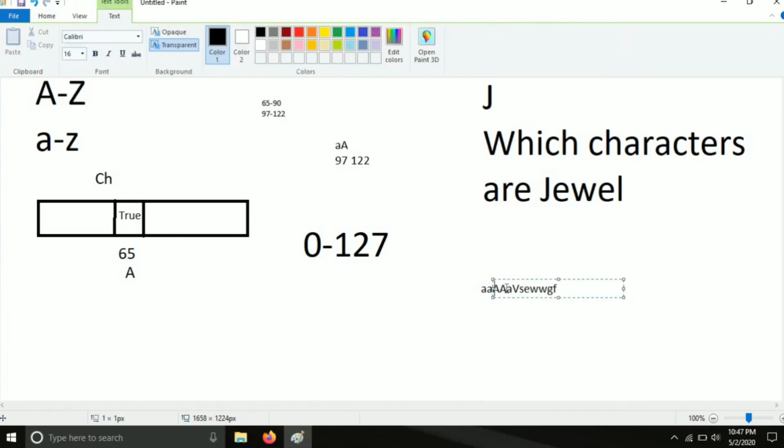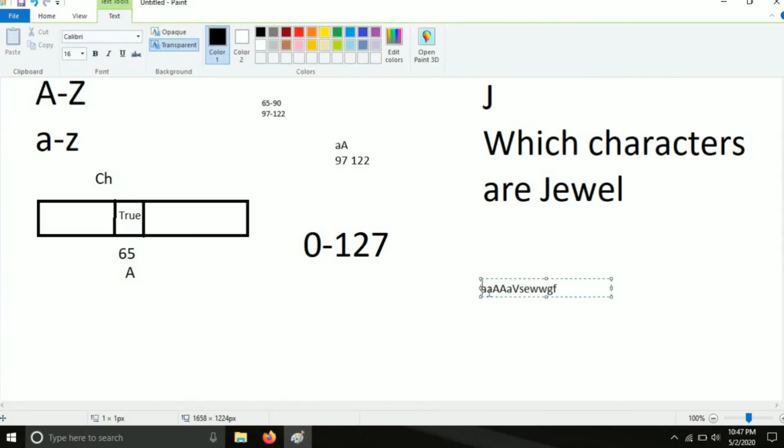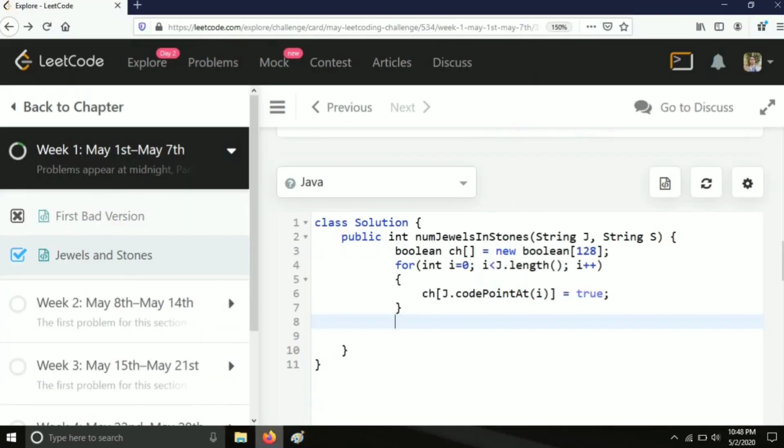Suppose we have A here. For capital A, the equivalent ASCII value will be 65. So here we can see 65. Now we will check whether the value at this index is true or not. If it is true, we will count that character, and if it is not true, we will not count that character. Understood?